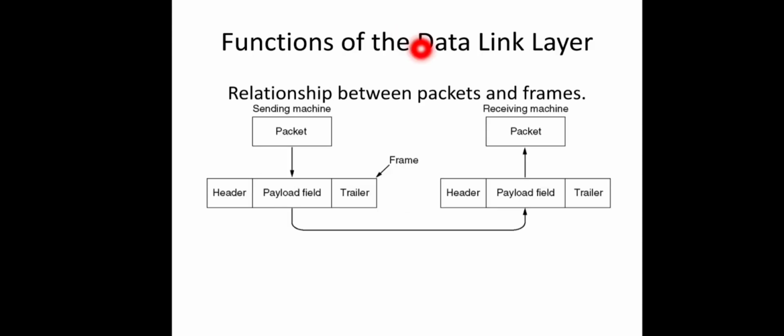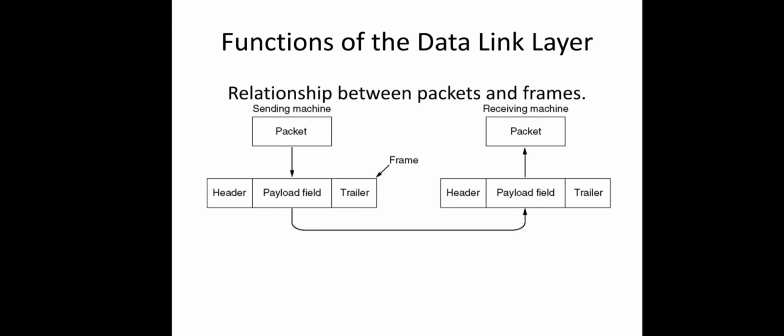The purpose of this data link layer is to offer some services to the network layer, right? What service will it offer? It will take a packet from the network layer of one machine and hand it over to the network layer of the next machine by taking the service provided by the physical layer, that is, the transmission over the physical medium. You remember that the data link layer is responsible for hop to hop delivery. Hop to hop in the sense that it receives a packet from one node and transfers this data over the media to the neighboring node. These two nodes are directly connected over a link.